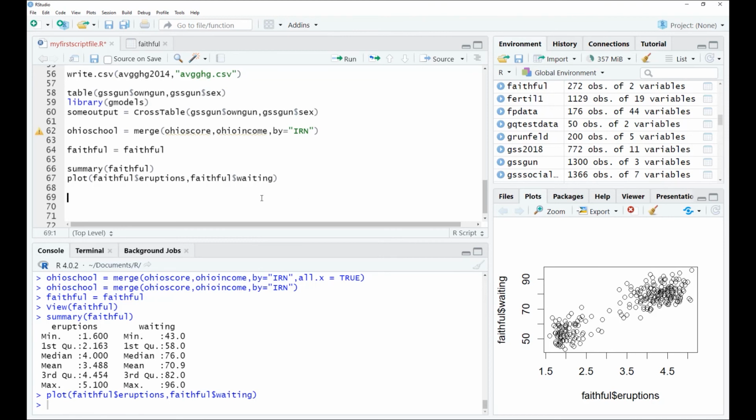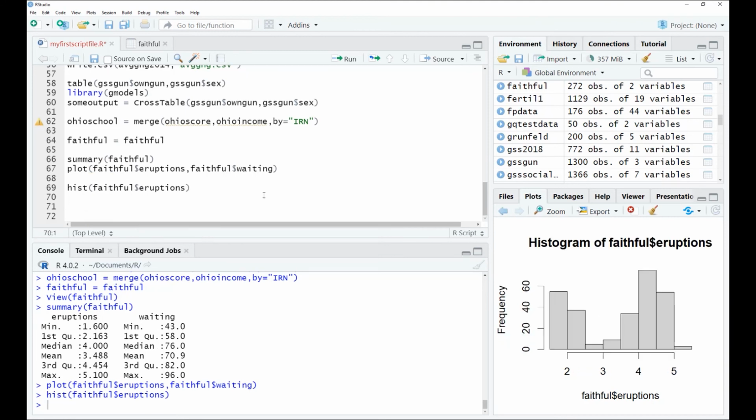You can say the function histogram, and then faithful and the eruptions. Then you have here your first histogram about the eruptions. On the x-axis you have the seconds, and you have the frequency on the y-axis. Now note that you have a weird title,